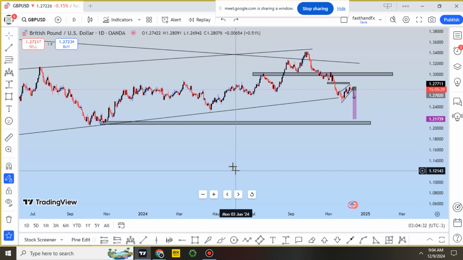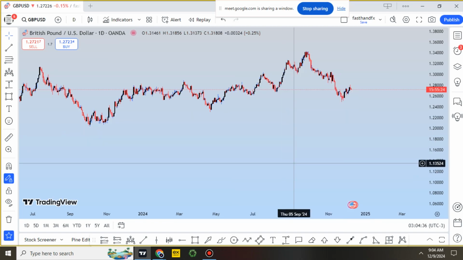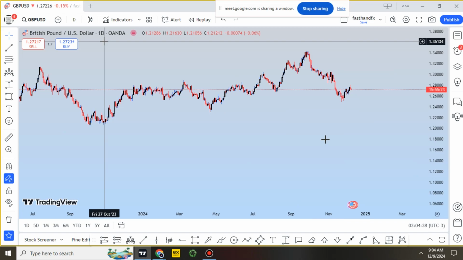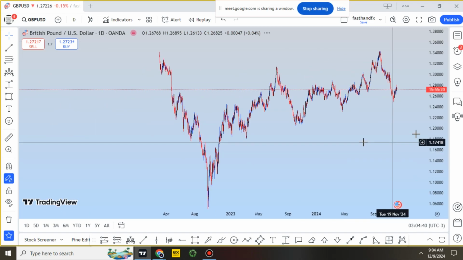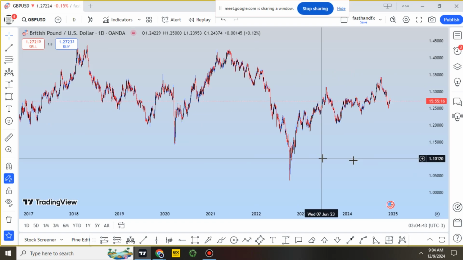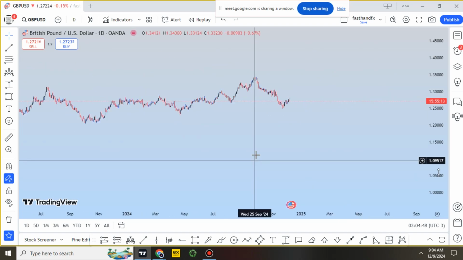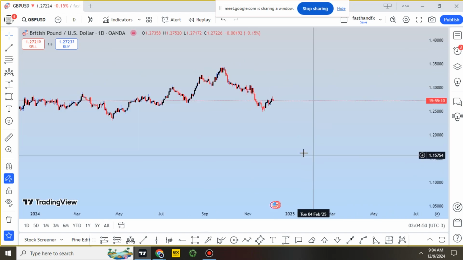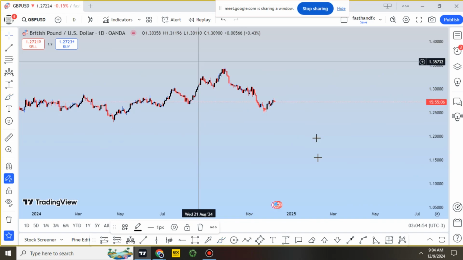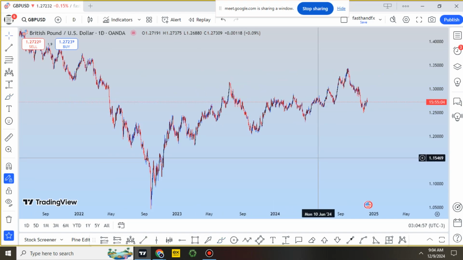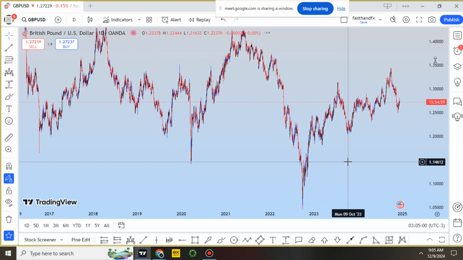So like I said before, I just want to try to understand what the market is going to give us this coming week. So this is GBP/USD, and of course we've been anticipating some selling pressure based on last week, let's just say based on a 2 months time frame, because we've been seeing that the market has been dropping. So right now all we need to do is try to add trend lines and make sure that